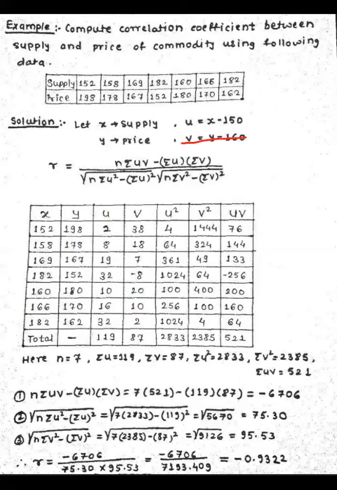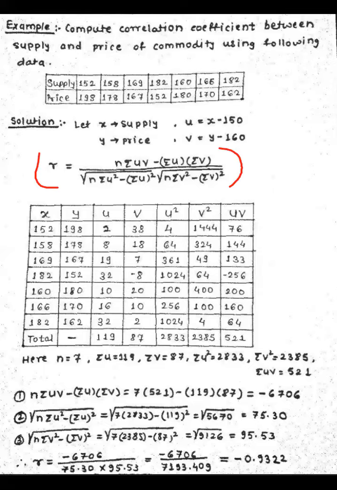Similarly, to find the b value, observe the y observations. They are much closer to 160, so we can take the b value as 160. The same logic is used here. While choosing the b value, there is no restriction. You can take an observation of y as b also. So here, students, you can find u and v with the help of this formula. Next, I am writing the formula of r in terms of u and v.